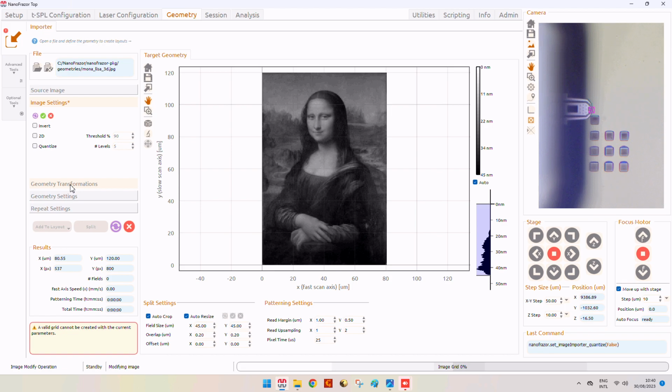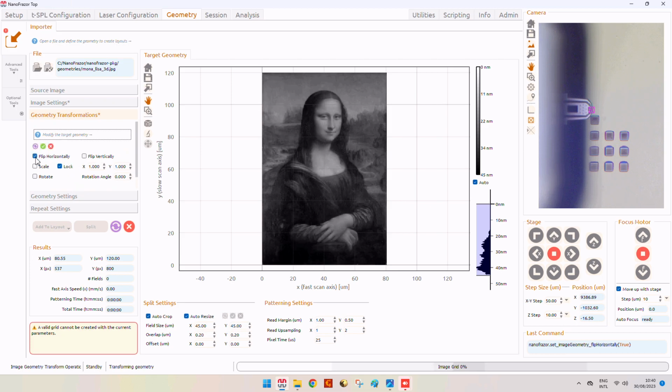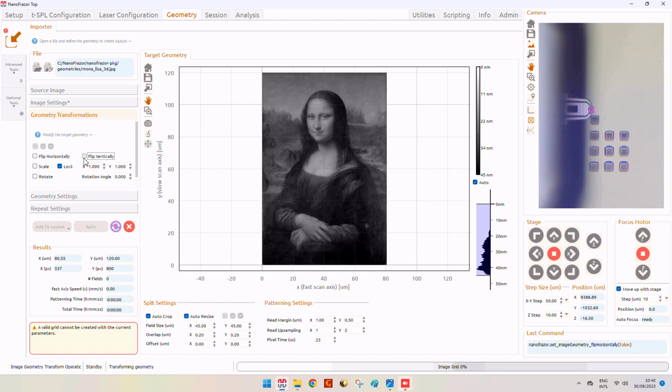We can do other geometry transformations, such as flipping horizontally and vertically. We can scale the image, so we can scale it in this case on both sides, X and Y, but we can also decide to unlock and just scale on one direction.